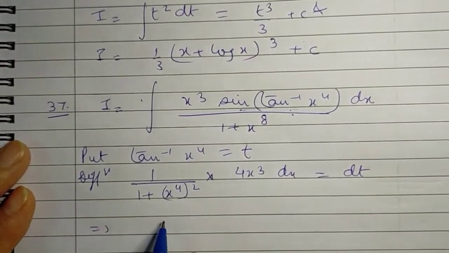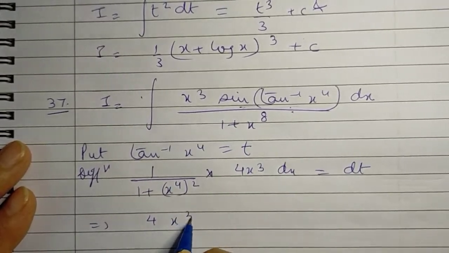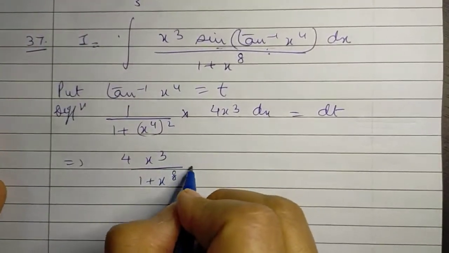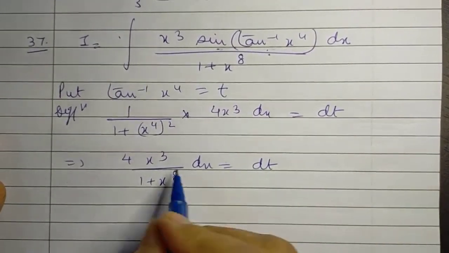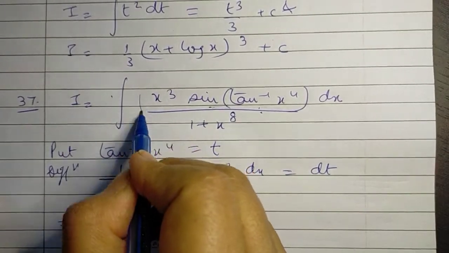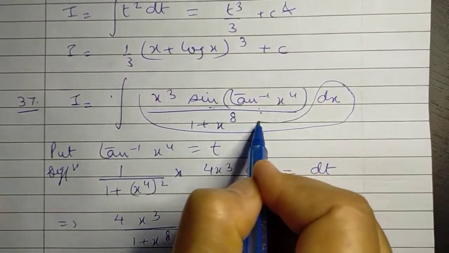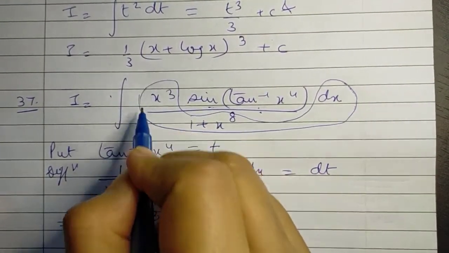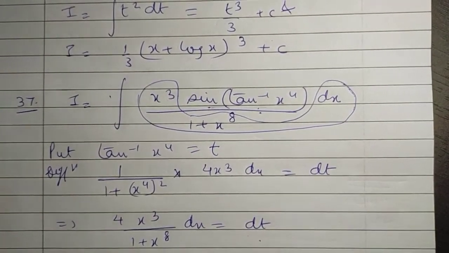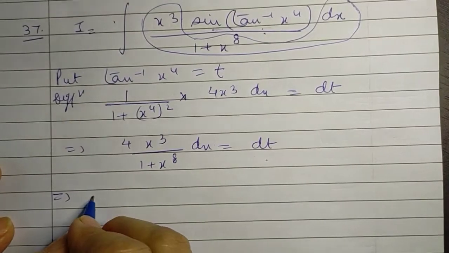So what does this become? 4x cubed over 1 plus x raised to the power of 8 into dx is dt. So very obviously this whole thing, x cubed over 1 plus x raised to 8 dx, gets absorbed in dt, and directly we get the answer as I is equal to